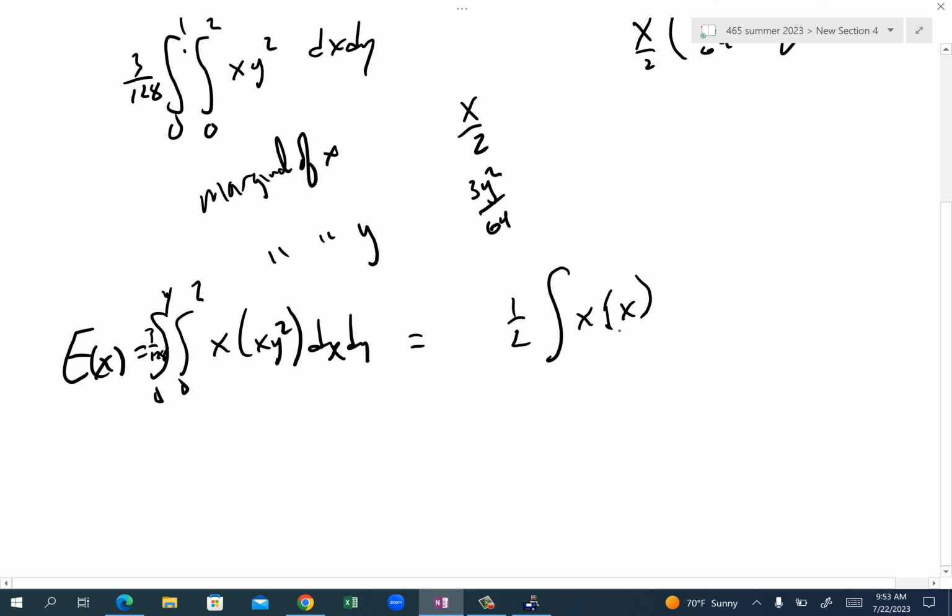Right? So you could integrate the marginal of x from 0 to 2 dx, and you get the same thing. Okay? This is exactly the same. Where'd the y squared go? Well, you integrated it out before, right? I guess you'd have to flip-flop these around. In other words, we just did the inner one first, and then we ended up here. If you get the same answer regardless, to get to here you would flip those around. You'd have done dy first. You would end up here, and that's why they are the same.